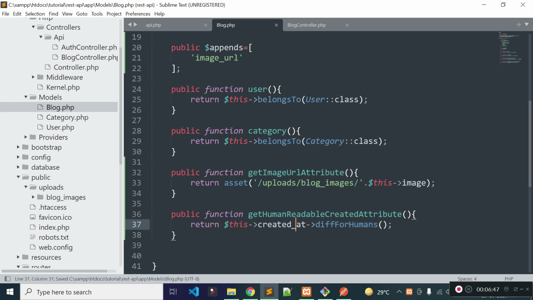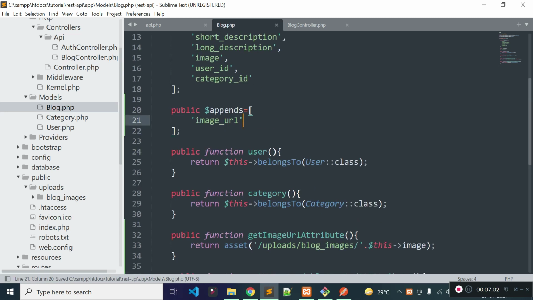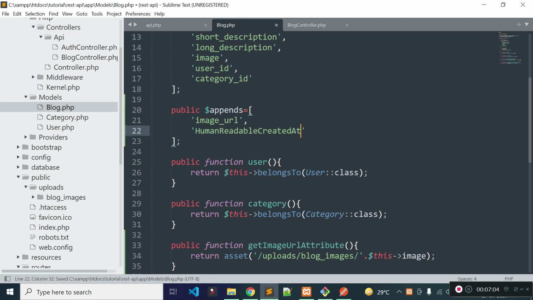Okay, and we need to add this human readable created at. Sorry, this should be human readable created at. We need to add this attribute to this appends array, and this should be human_readable_created_at.